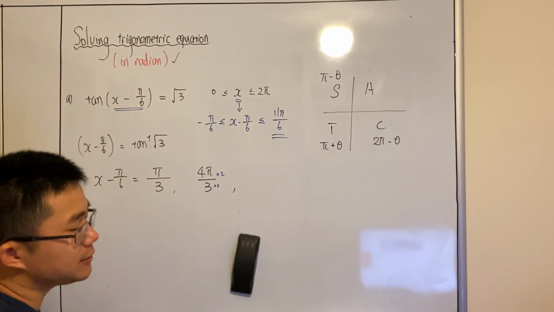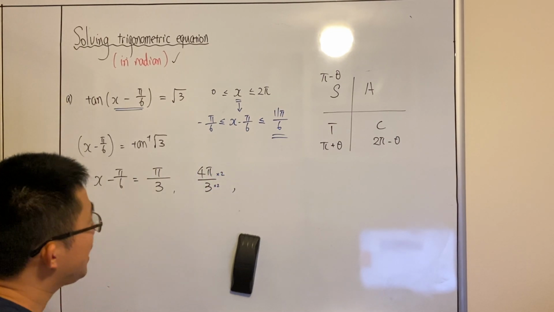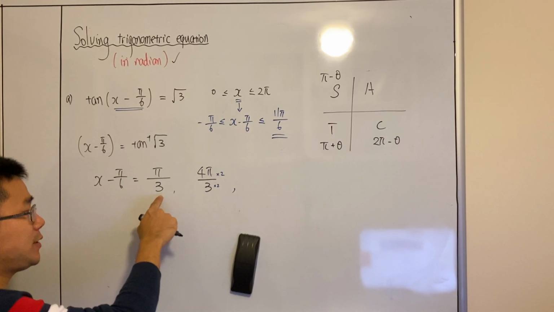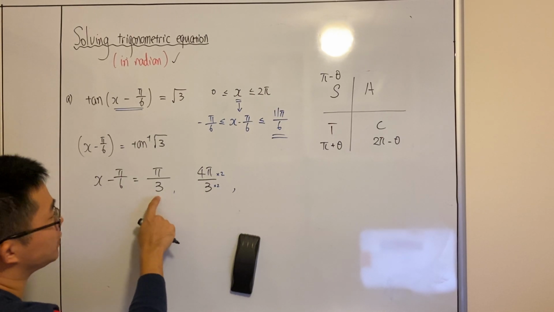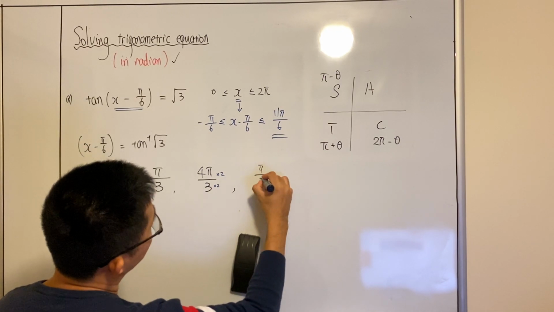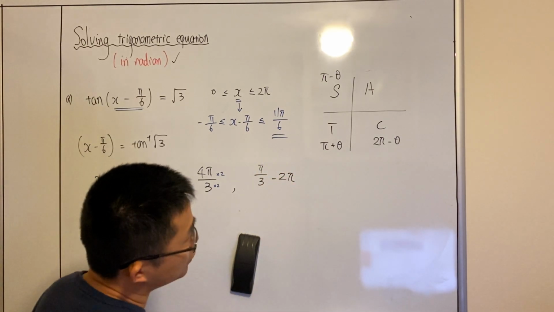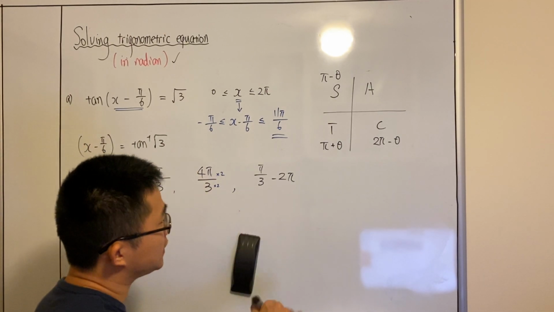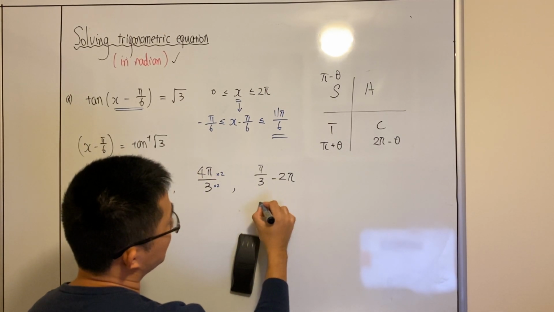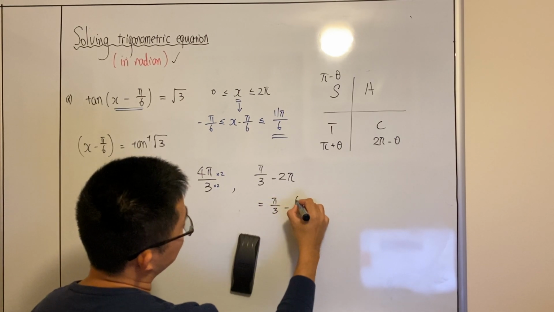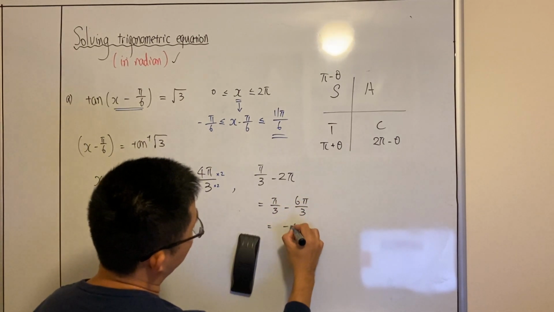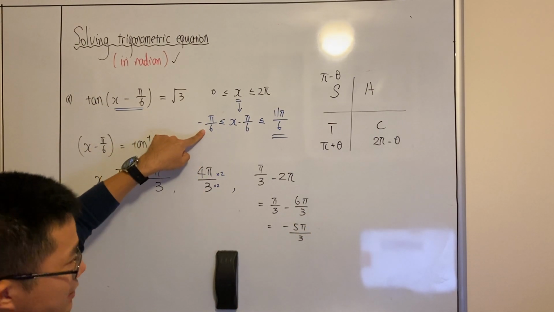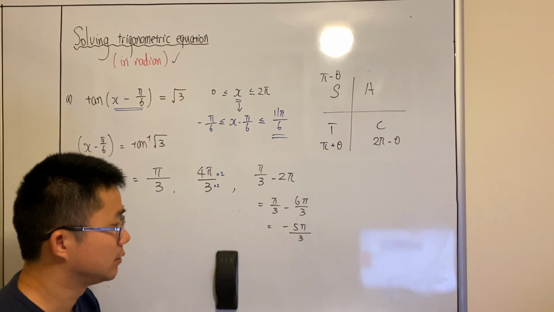How about the negative side? Can we check if the negative side will have any angles or not? Now we need to go back to my first answer here, which is pi on 3. So we need to minus 2 pi from pi on 3, because remember 2 pi is a whole revolution, 360 degrees. That gives us pi on 3 minus 6 pi on 3, which is minus 5 pi on 3,